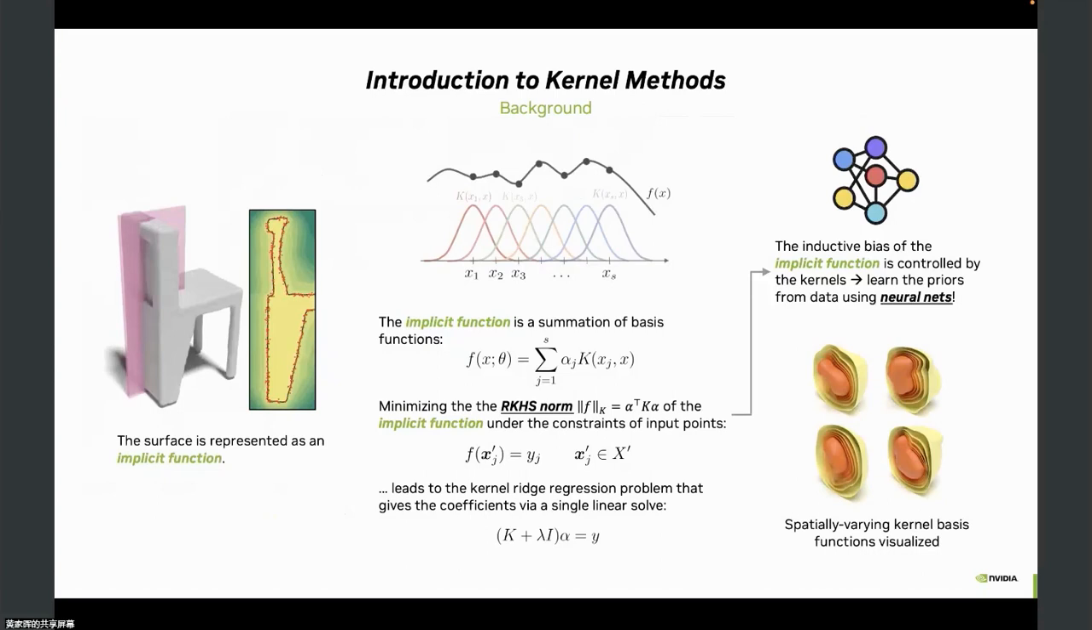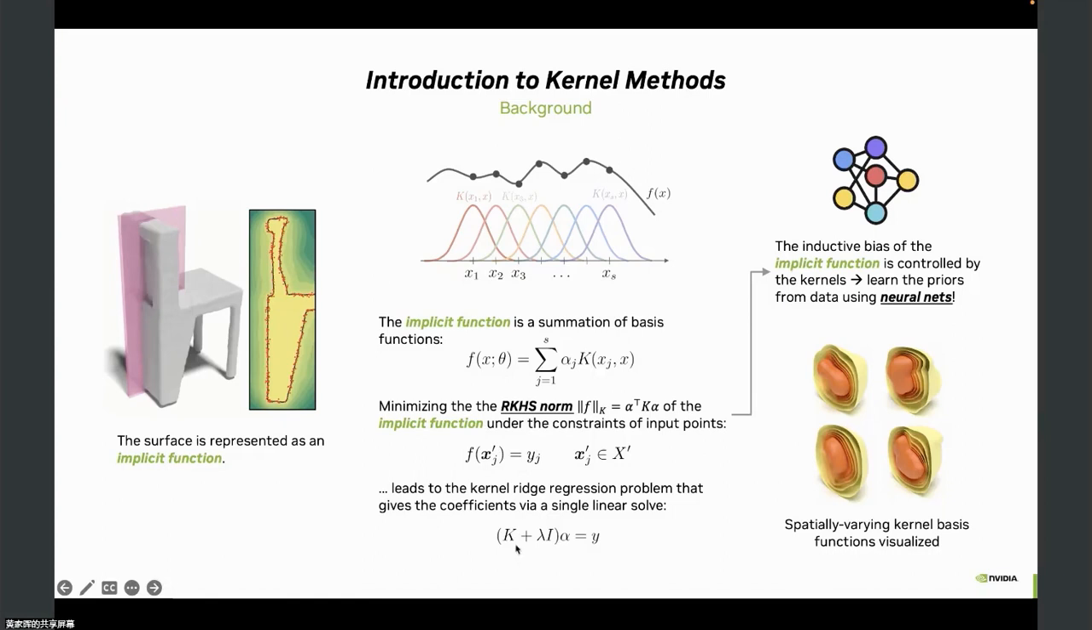So there you go. For kernel methods, here's some background. The 3D representation is different from the summation of basis functions. Here it's also an implicit function, but it's the summation of these k functions, which are the kernel functions. If you constrain the function to equal some values, say you want the positions at xj prime to be equal to yj, then